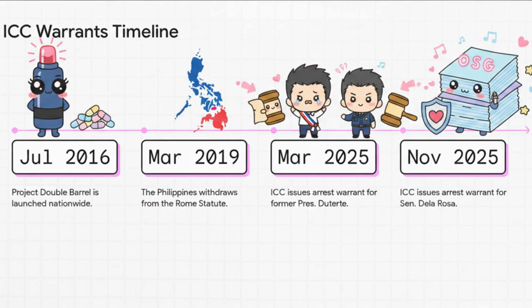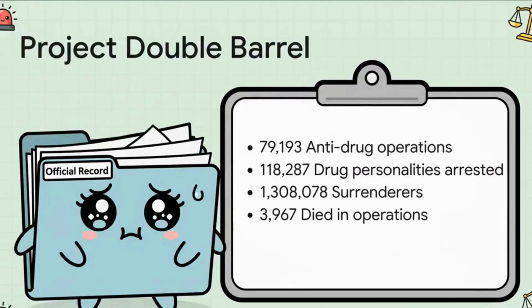The petitioners are trying to block these warrants, and in response, the Office of the Solicitor General, the OSG, filed this massive 73-page comment. It lays out the state's entire legal interpretation on exactly why these warrants can and should be enforced. Before we get completely lost in the legal mechanics, the OSG's comment takes a moment to establish the factual context and the sheer scale of the campaign under investigation.